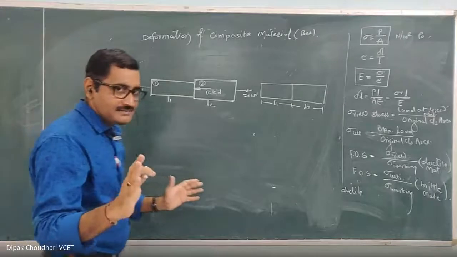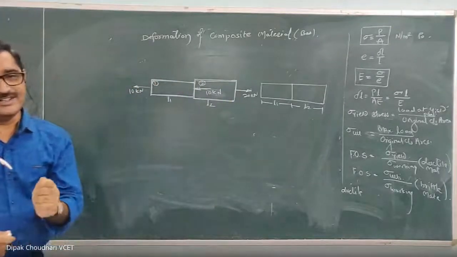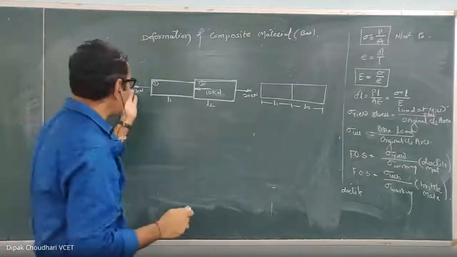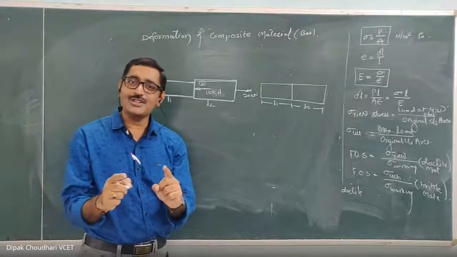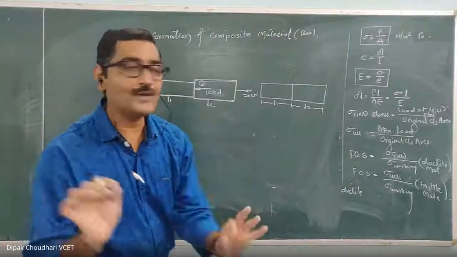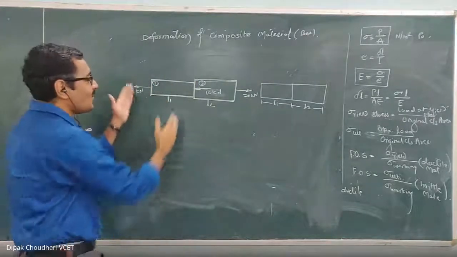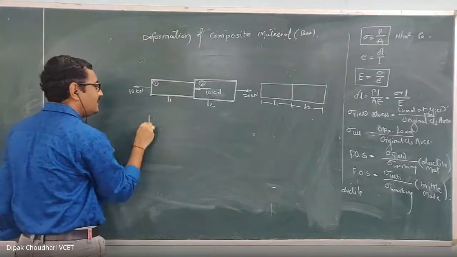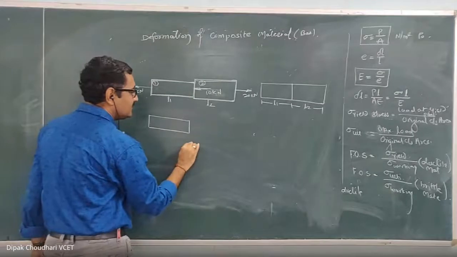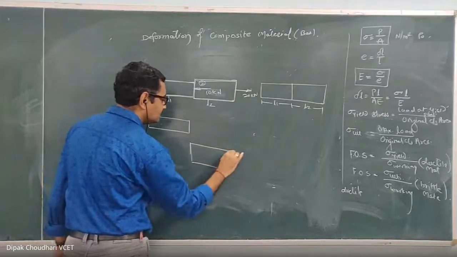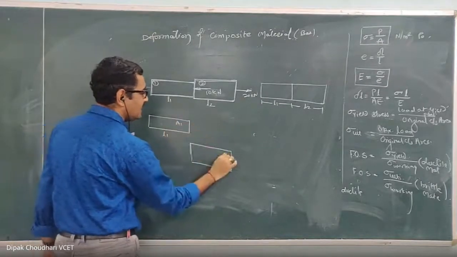We are going to calculate the deformation of each rod separately and we'll add them. Okay, for that you need to draw the free body diagram of each part separately. The reason is that the number of forces are acting, we have to calculate the stress as well as deformation induced because of the axial force acting on that particular component. And how to calculate the axial force acting on that particular component? So for that, let's draw the free body diagram of that particular part. This is the free body diagram of this part 1. This is the free body diagram of the part 2. This length is L1, this length is L2. This area is A1, this area is A2.